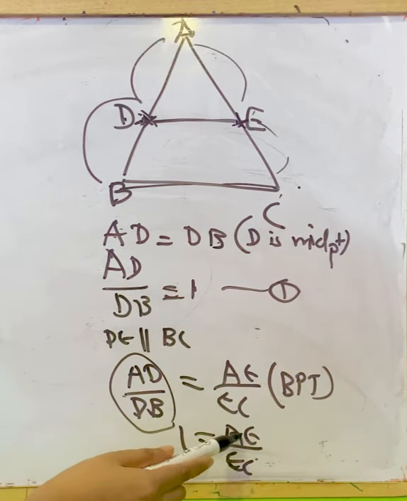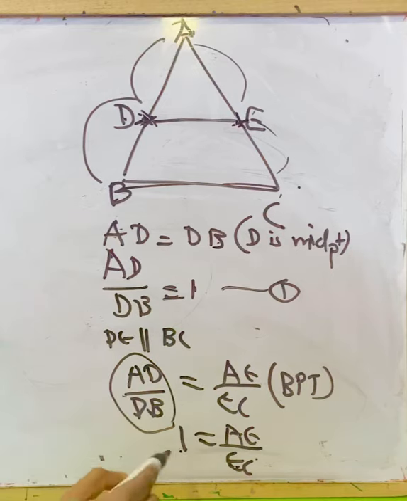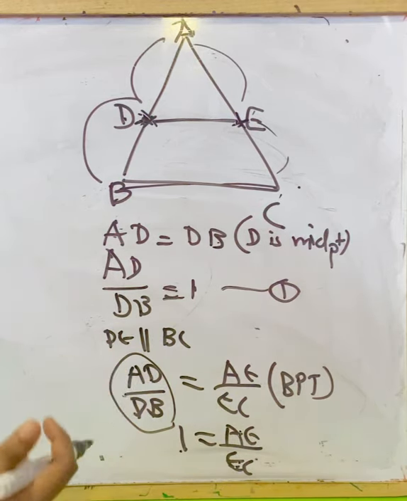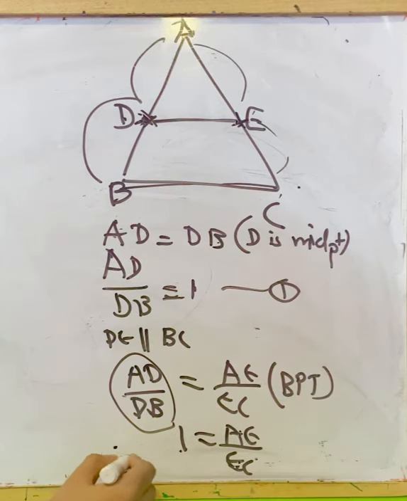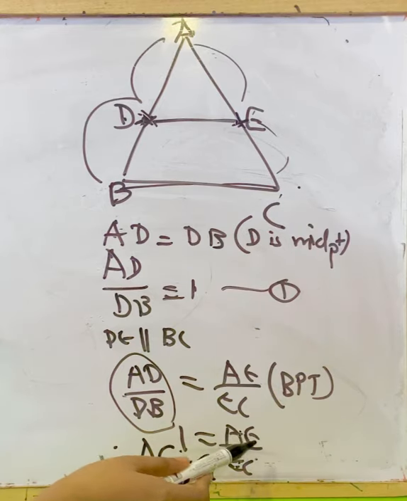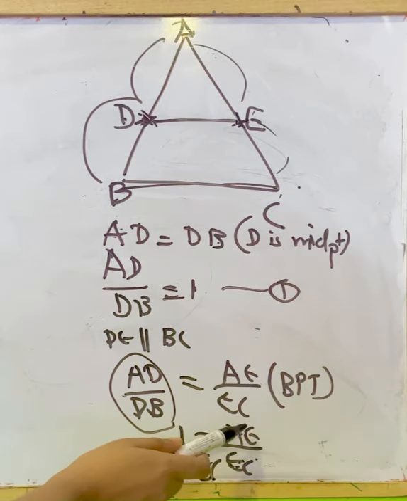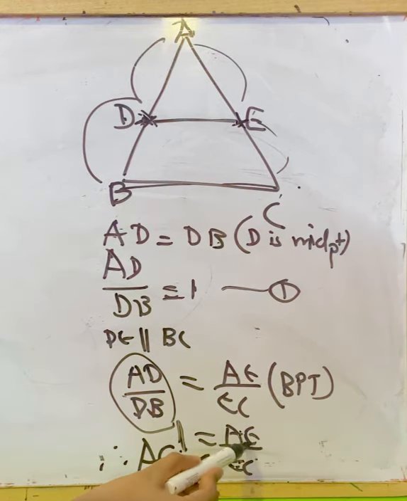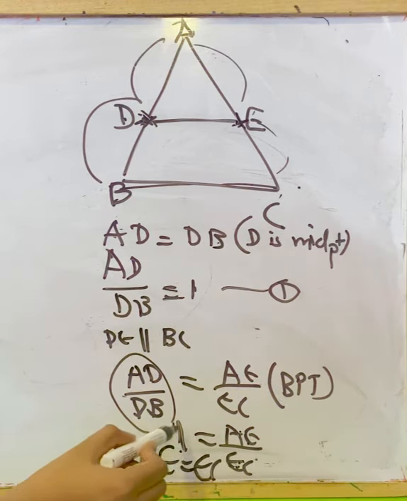Now if AE by EC equals 1, that means numerator and denominator are equal, because after dividing numerator and denominator we get the answer 1. That means both values are equal. Now we will write, therefore, AE equal to EC. The reason is AE by EC equal to 1, which means numerator and denominator have the same value. That is why we got the result 1. We get AE equal to EC. Or you can do it like this: keep AE here, take this EC to the side. It goes to the numerator.